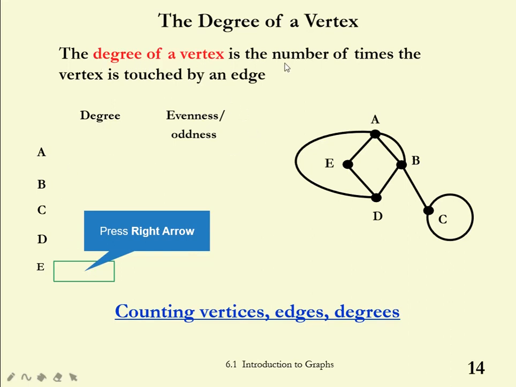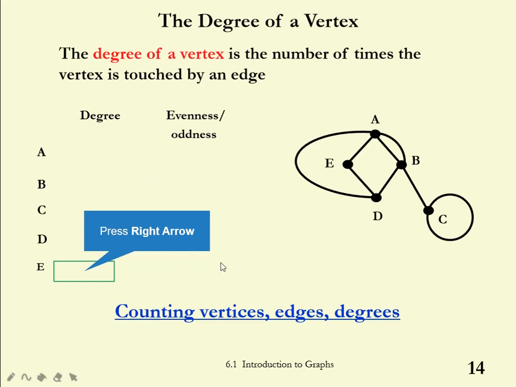Now the degree of a vertex is the number of times the vertex is touched by an edge. So what is the degree of A? One vertex touched, another vertex touched, another touched, another touched. So all these 4 touching A is nothing but the degree. So A has a degree of 1, 2, 3, 4. Is it odd or even? You just mention it. I hope you have